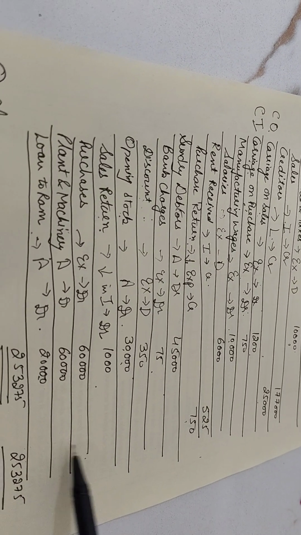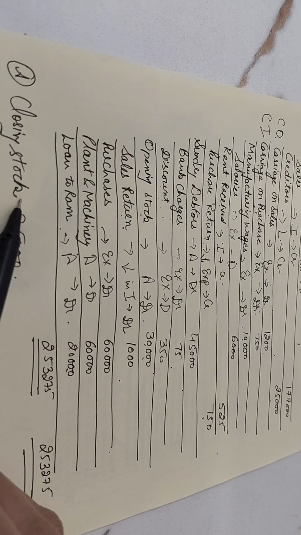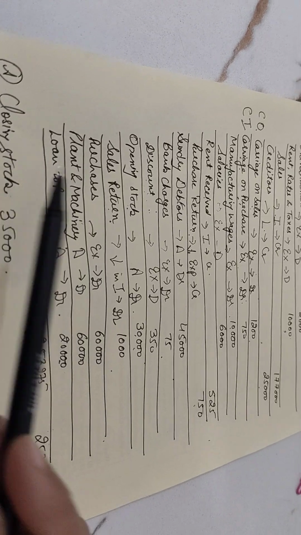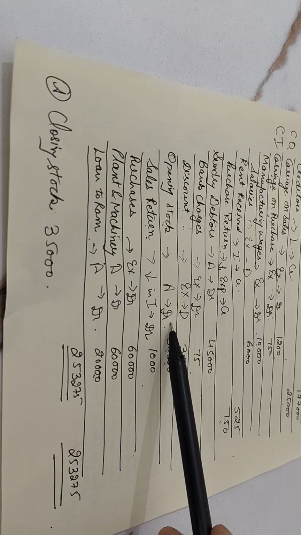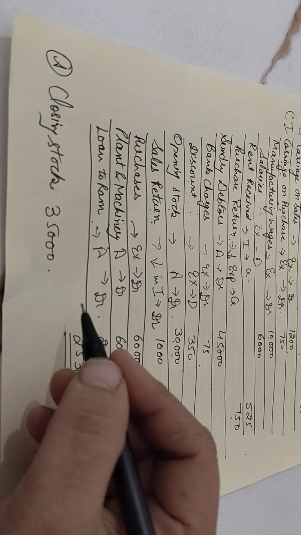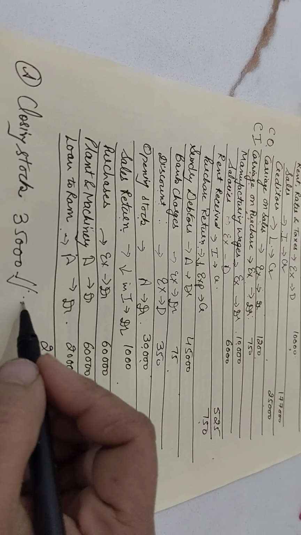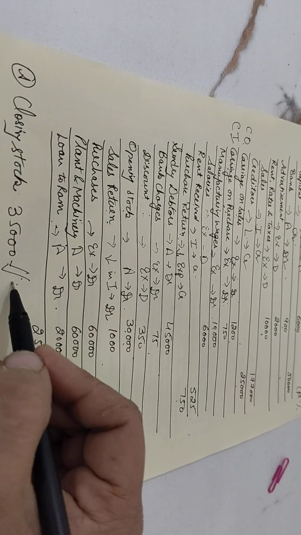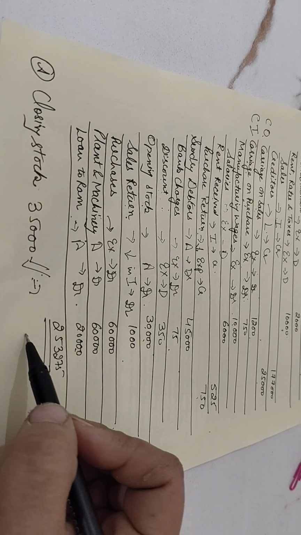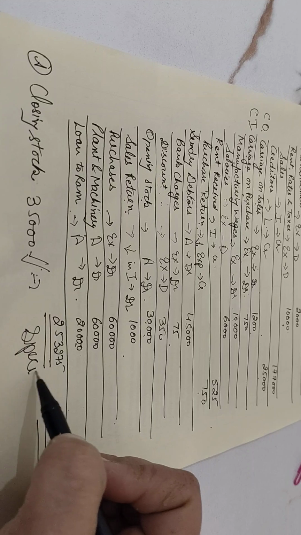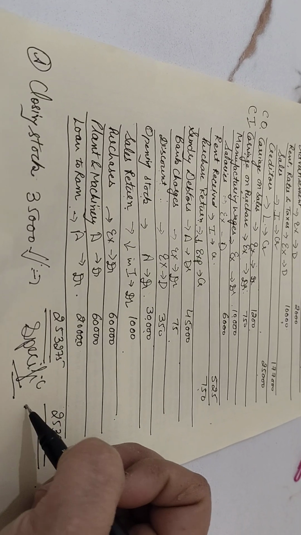One important point to highlight over here is that when closing stock is also given in the question, closing stock is never ever shown in the trial balance. Why is it not shown in the trial balance? Because it carries a double adjustment in your final accounts, so it is to be kept outside the trial balance. It is an unaccounted one, so it is not shown in your trial balance. There is only one specific case when we show the closing stock in the trial balance, that I'll discuss in the